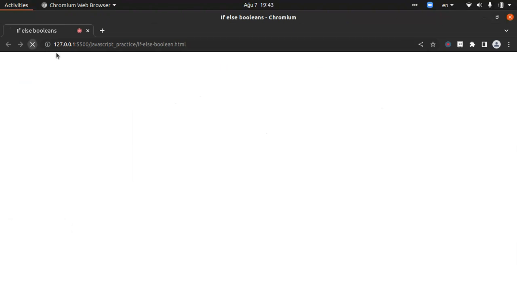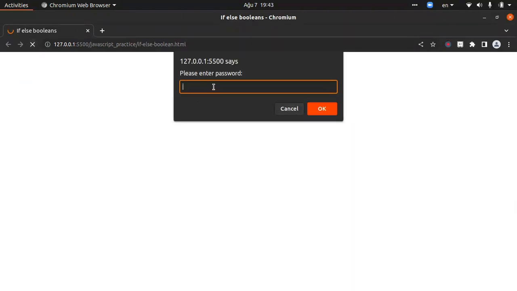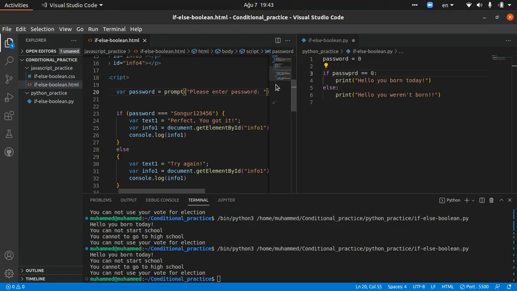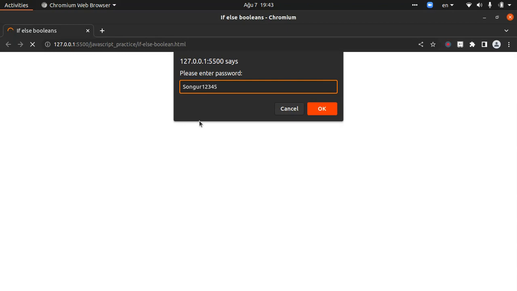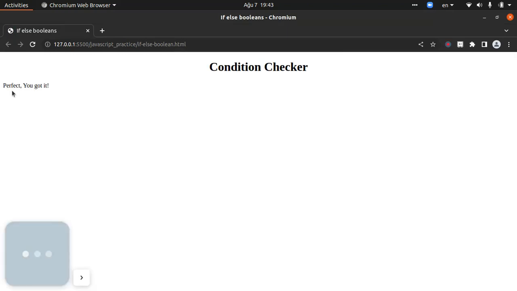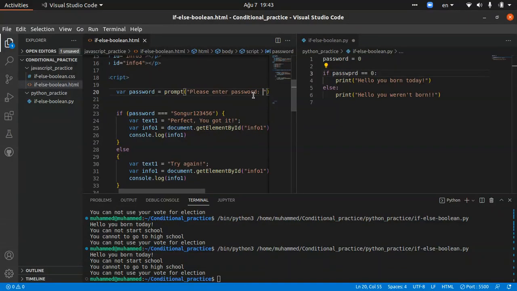Let's do it like that. Now in this case, I will write here Songer12345. By the way, I mixed up with the Turkish. And 6. It will say what? Perfect. You got it. Yes. If we do it wrong,